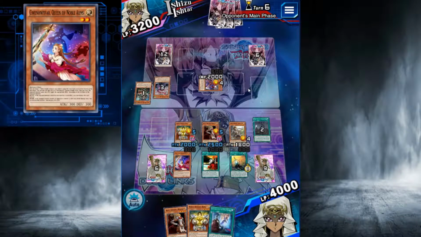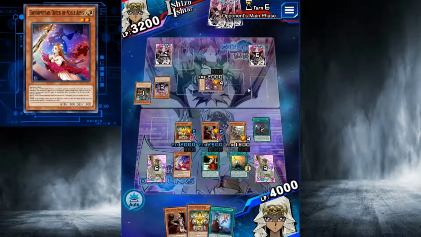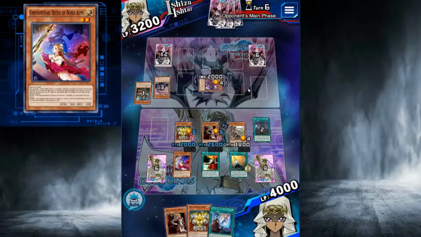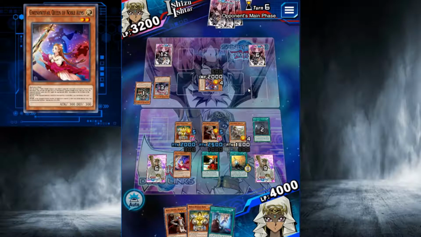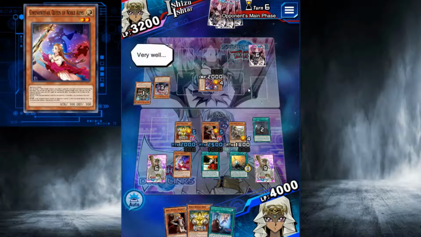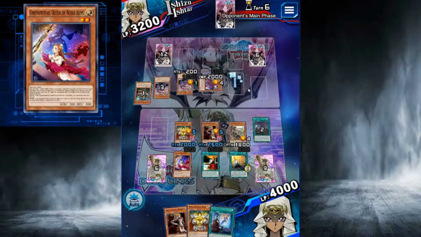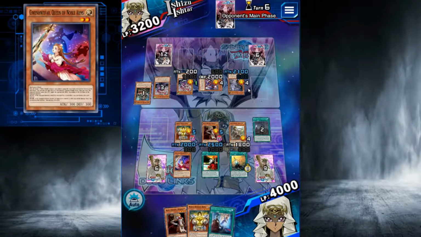Maybe. Maybe. So what could he have? What could he have? If he Fumas, he Shiens. He has to hit the... yeah. And he has Kizan. Which means he can kill my...